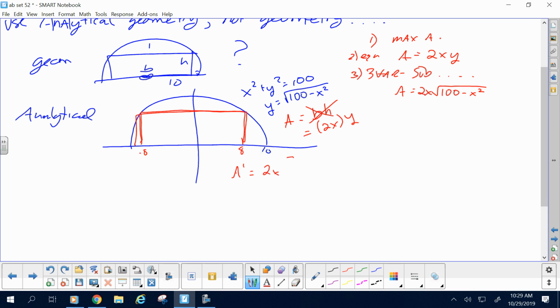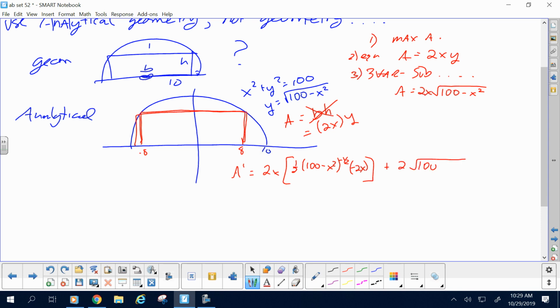2x first stays the same. Cool. Now let's get into the derivative of the second: 1 half times 100 minus x squared to the negative 1 half, times negative 2x for the derivative of the inside. All right. We did first times derivative of second plus 2